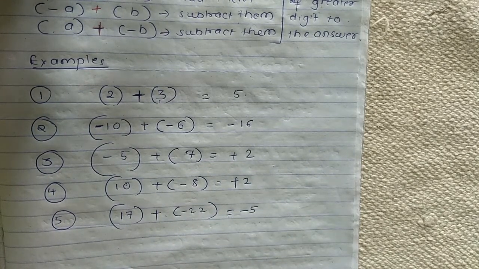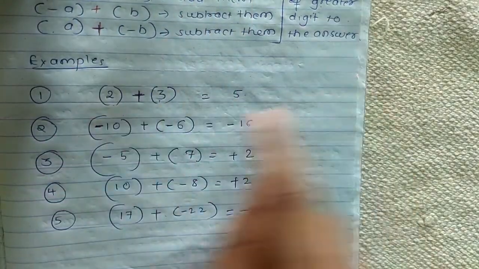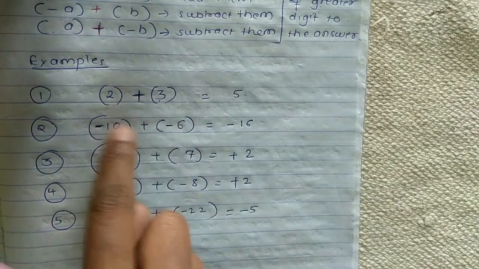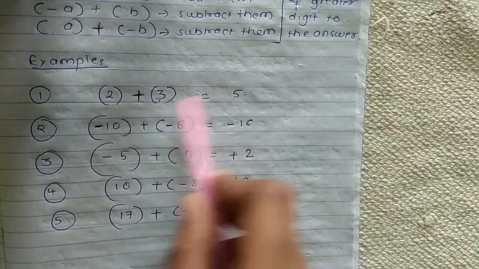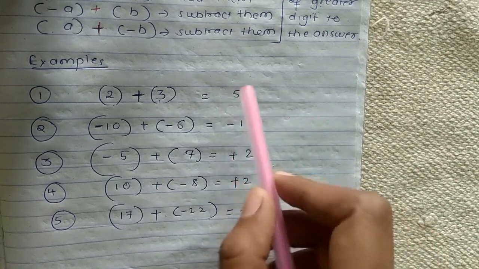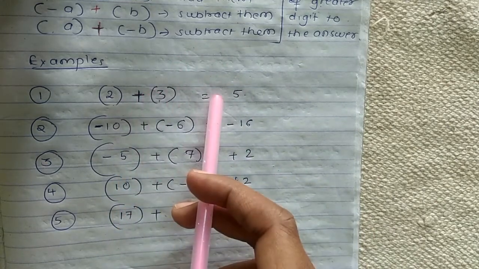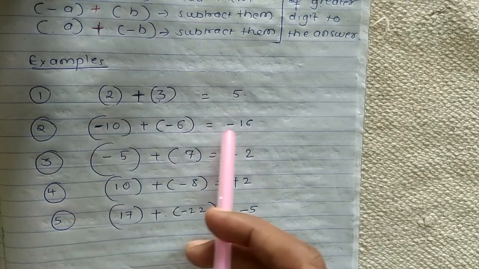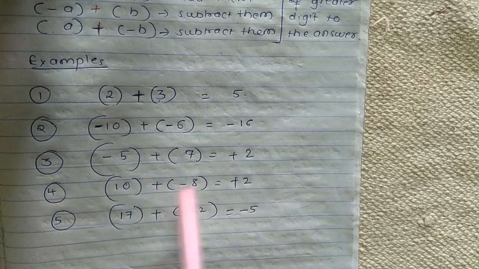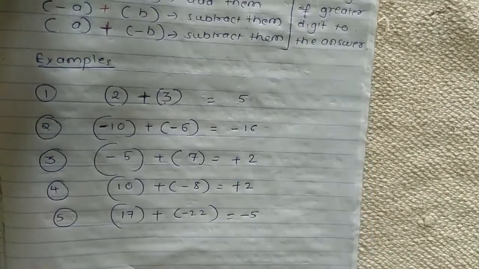So summary you can remember. Instead of remembering all these things, you can see if both are having same sign, we are adding here, isn't it? 2 plus 3 is 5, 10 and 6, we wrote 16. And we gave the sign of greater digit, that is sign of 3, that is plus, then sign of 10, that is minus. And here these are having different signs, so we have subtracted, isn't it? And we gave the sign of greater digit. So like this you can remember the addition of integers.